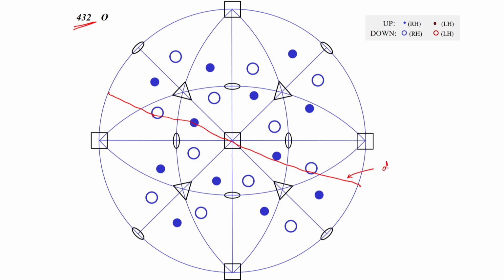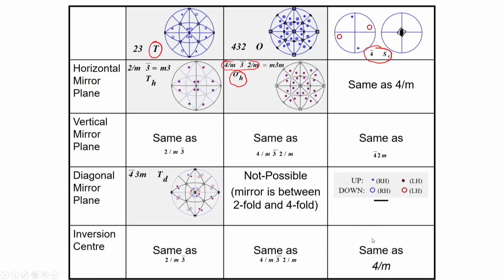so if this is, let us say, a diagonal mirror, then the 2-fold will get reflected onto the 4-fold and the 4-fold will get reflected onto the 2-fold, and we will end up destroying the symmetry. So this is not possible, not allowed, I should say. That is the reason why we cannot have a point group generated when I add a diagonal mirror. If I add an inversion center, again I get the same group as the octahedral group with the horizontal mirror added.